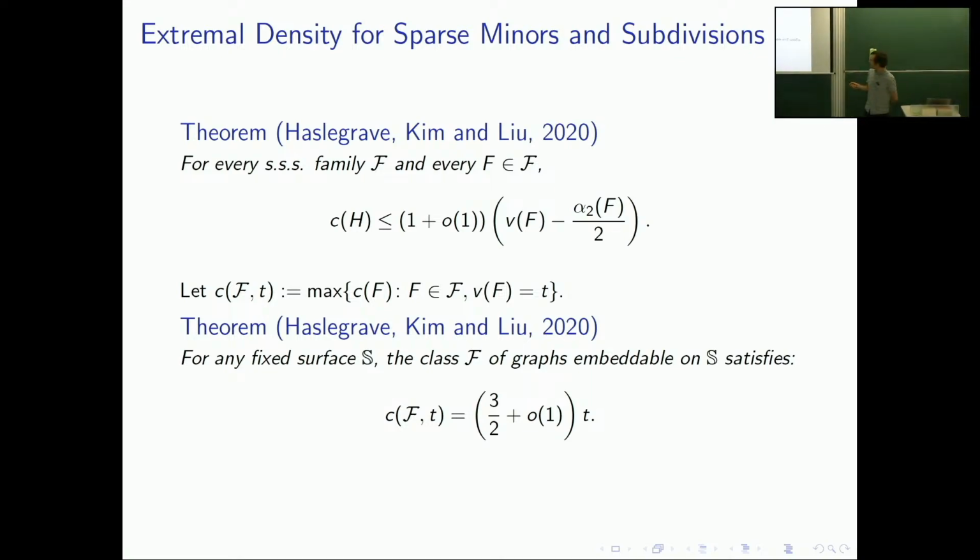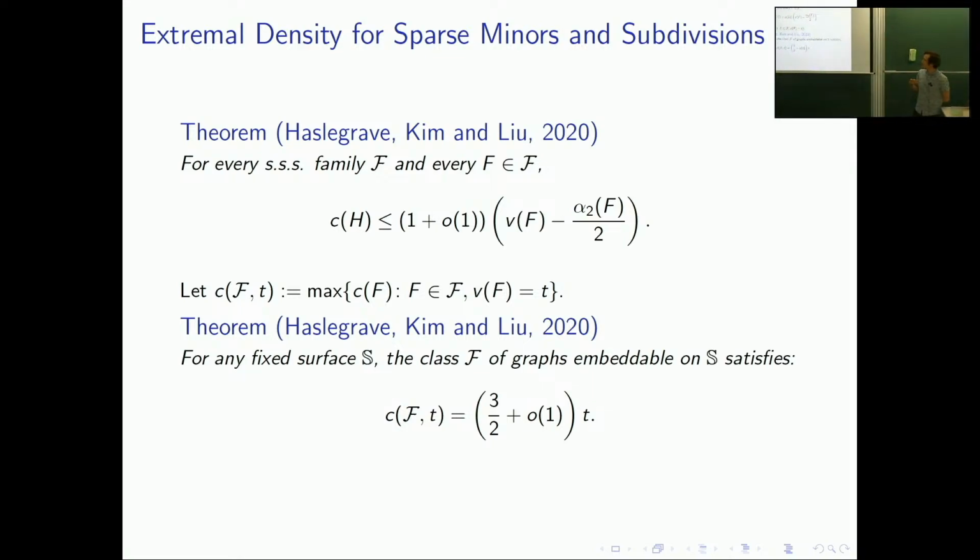So they found this bound, which is very good. The extremal function of a graph H from an SSS, I'll just call it a sparse family F, is bounded above by something which is almost the number of vertices minus this constant here. So here, alpha 2